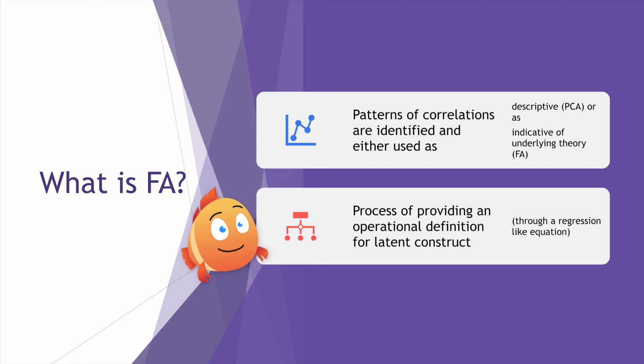So, if you recall from those diagrams way back when, factor analysis is trying to identify how those individual items relate to that overarching thing. PCA doesn't really care. It just wants to reduce. But anyway, factor analysis is a process of providing an operational definition to a latent construct through a regression-like equation. Now, there's a lot more to this that I often grapple with how to explain given the wide